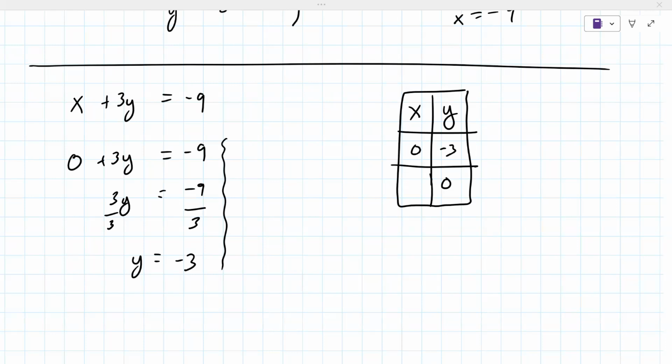Wouldn't it be 0? You're putting 0 in for y, correct? In the second one, x plus 3 times 0 equals -9. And what is 3 times 0? 0. Okay,